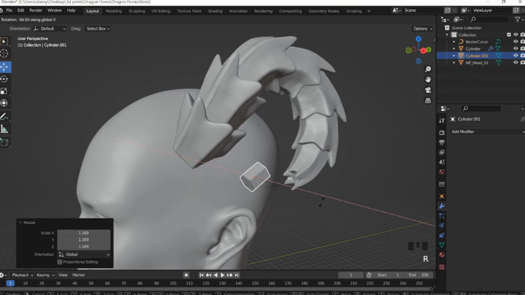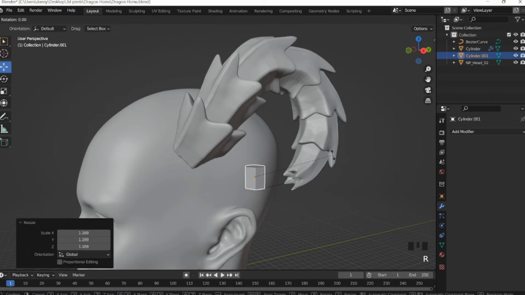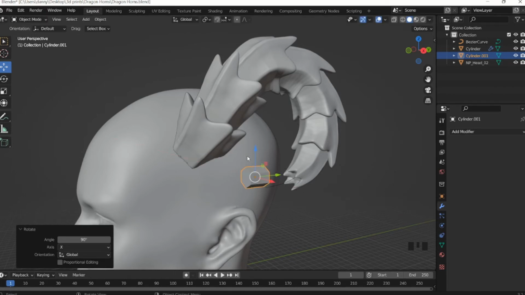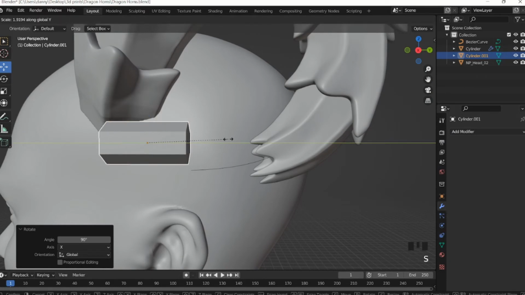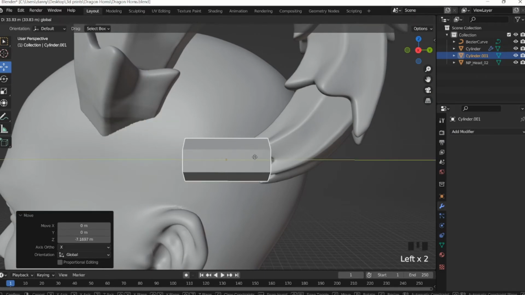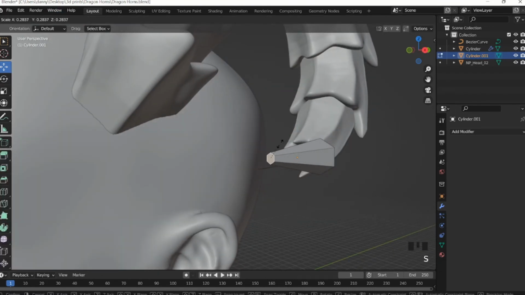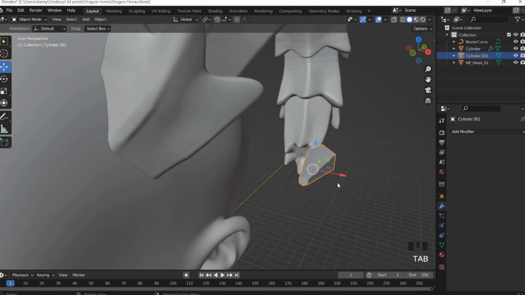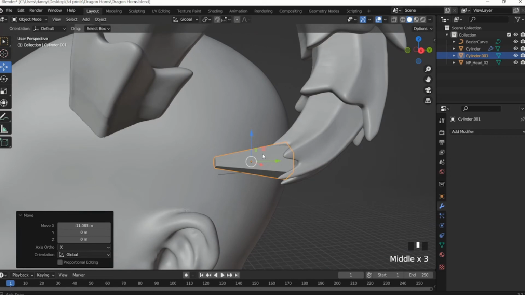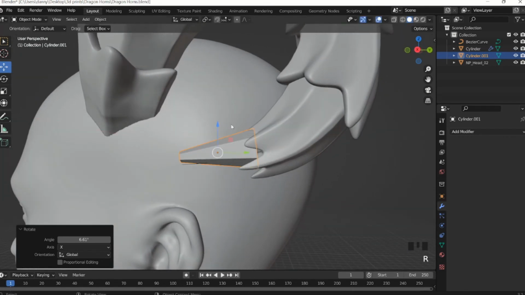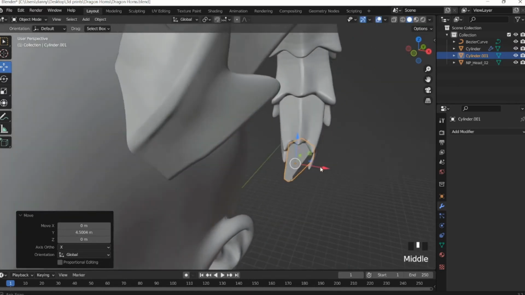And then we're gonna rotate on the X 90. Scale on the Y. Edit mode, we'll just make this kind of smaller. Like that, maybe angle it a little down. And then this time to